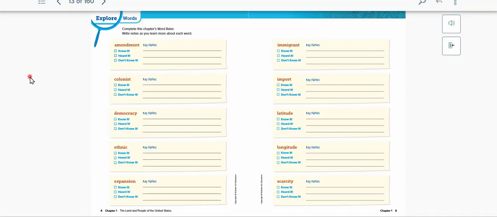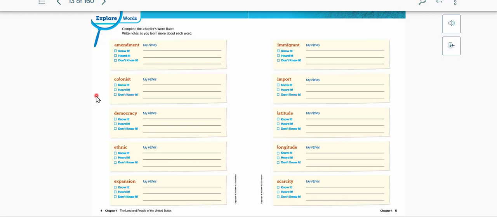Our first word is amendments, and that is a change in wording or meaning, especially in a law, bill, or motion. We have different amendments, things that we added to our laws as a country because we saw that certain things didn't work or certain things we needed to change or fix, because the law is constantly changing depending on the situation for different parts of the country, different places, and different communities. And we have the word colonist,